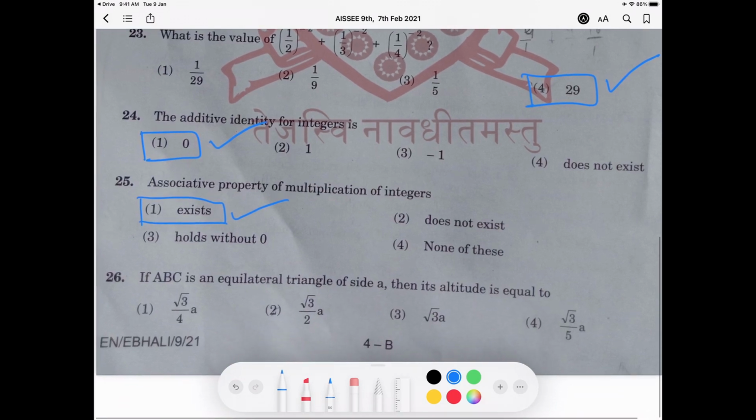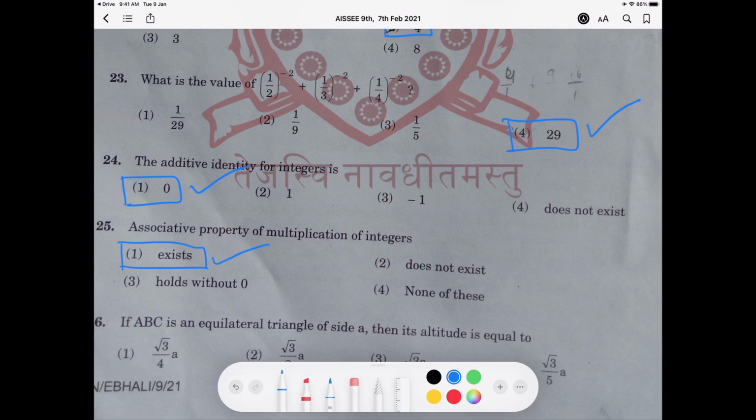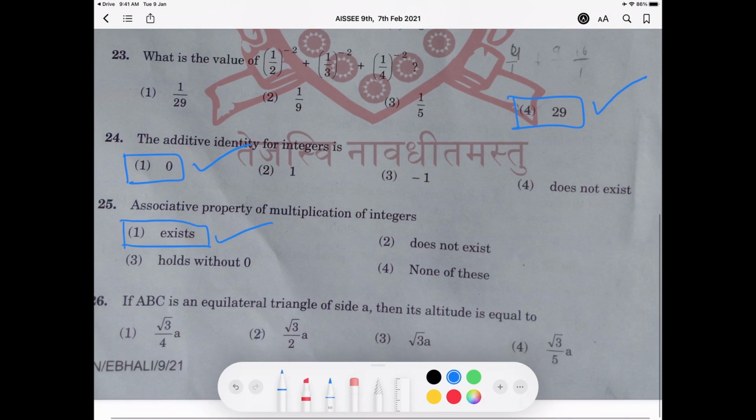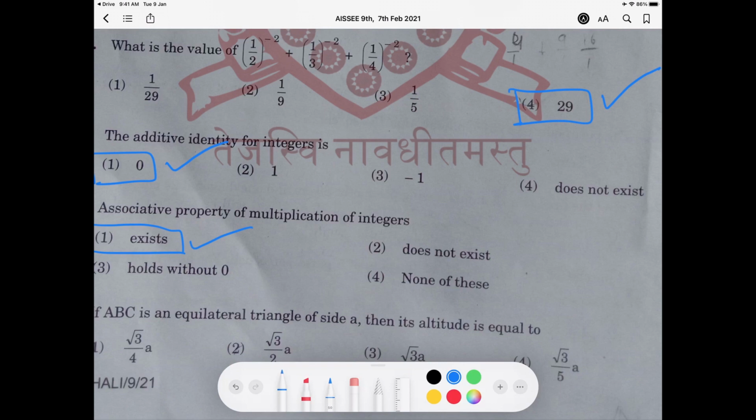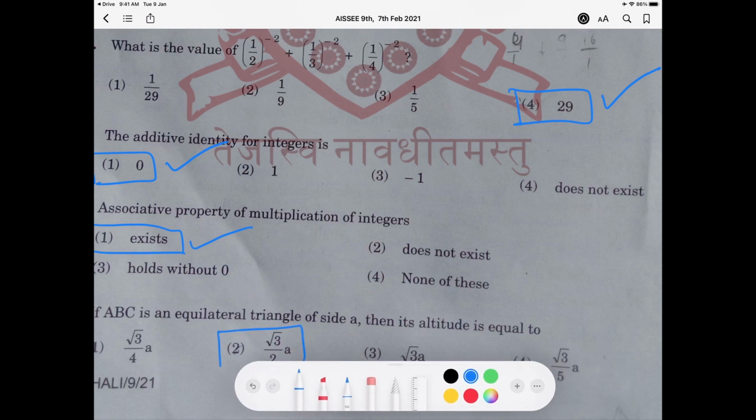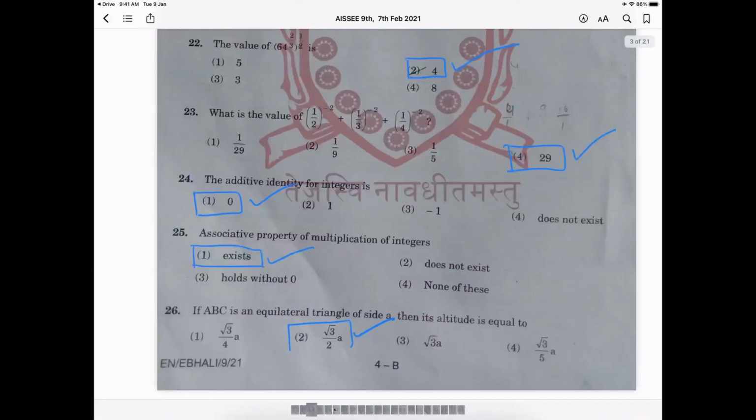In question number 26, if ABC is an equilateral triangle, all three sides are equal, then its altitude is equal to root 3/2a, which is option number 2. So root 3/2, option number 2 is correct. Moving on to the next page,